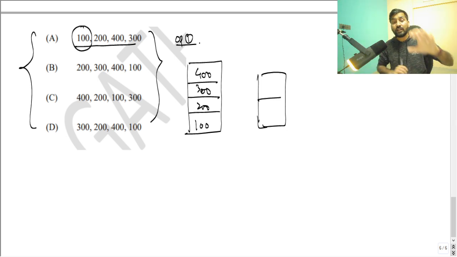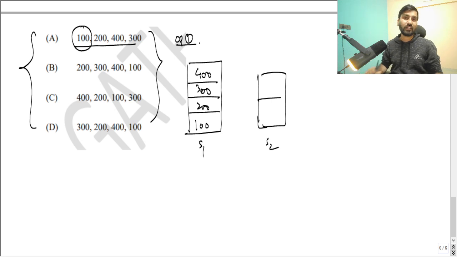So this is S1 and this is S2, and the top element must be 100 if we want the first element in the output as 100. So in S1, 100 must be the top element. ठीक है, top में होना चाहिए।